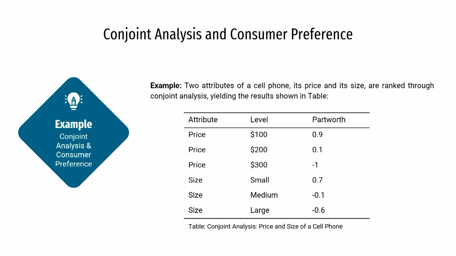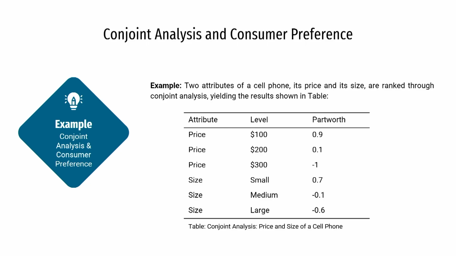Look at this. So, 2 attributes of a cell phone, its price and its size, are ranked through conjoint analysis yielding the results shown in the table. So, remember that when we talk about an attribute such as price, the preference is very clear. In most cases, the lower the price, my preference will be higher for a common market, but there are some exceptional cases which we are not discussing. But let us say another attribute, when we talk about the size. For somebody big size is the preference, for somebody else it is a smaller size which is preferred. So this is the way we should look into the attributes and attribute levels,